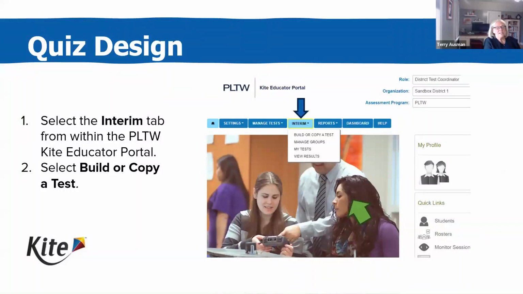Okay, so when you're ready to start creating your quiz, we call it creating. What you're really doing is curating it. You are going to select pre-designed blocks, put them together, and make a quiz out of it. So the first thing you're going to do is